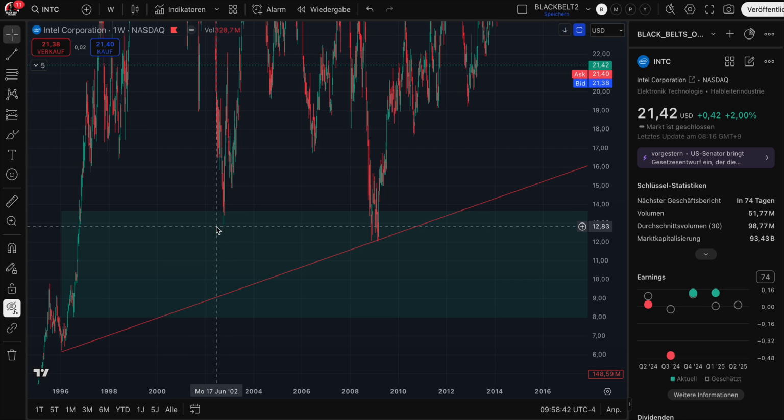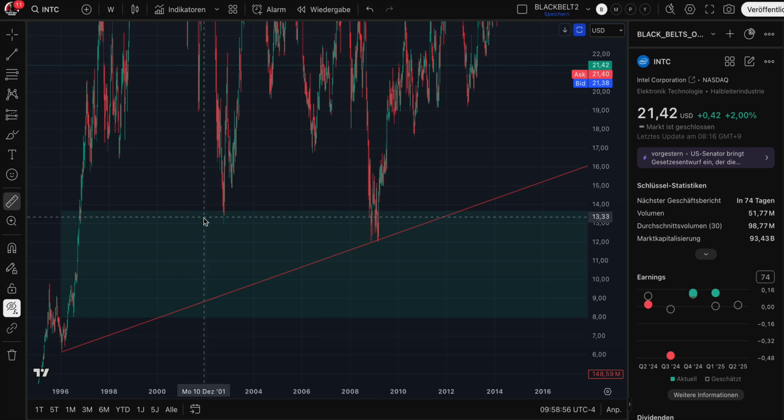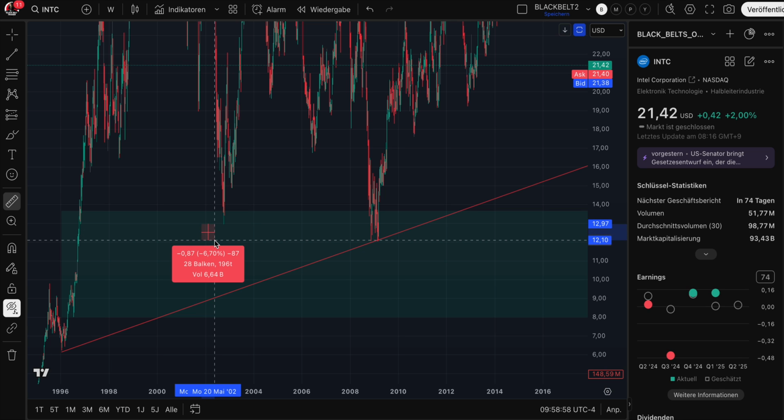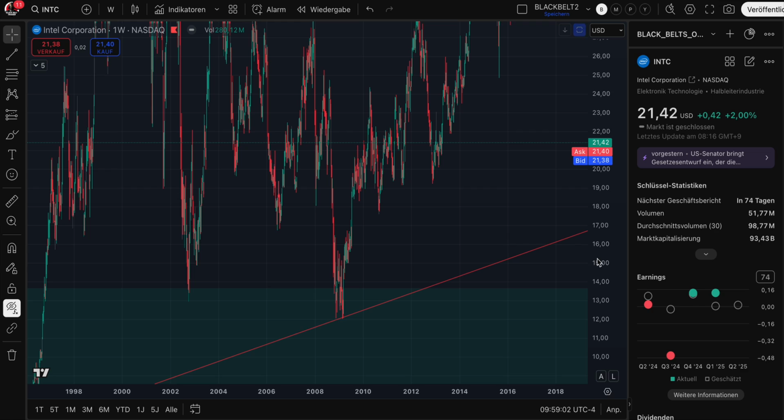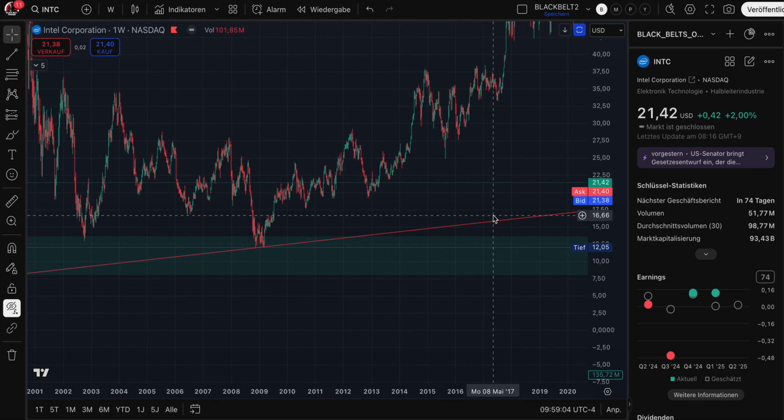So we had a price of around $12.94 in the year 2002, and then the price went lower. This is exactly what I mean when everybody starts to panic. We crash, Intel is a bad investment. So they brought the price a little bit lower. When we measure that, it was just a couple of percent, guys. You can see -7%, and that was the beginning of a huge, huge recovery process.